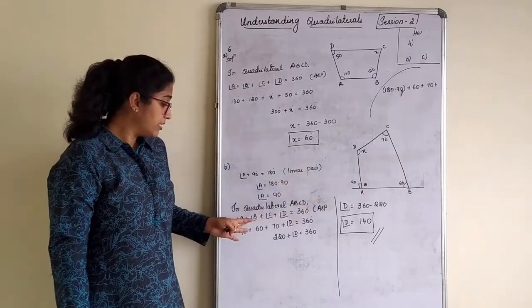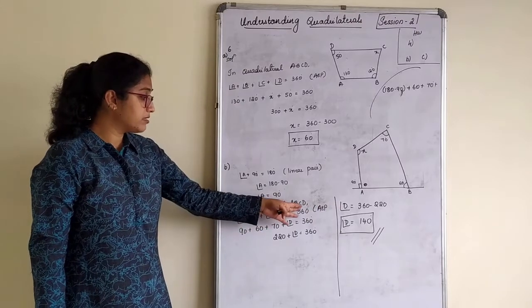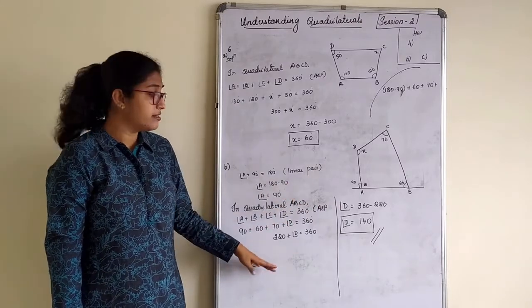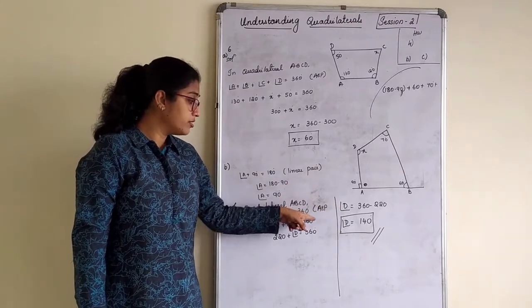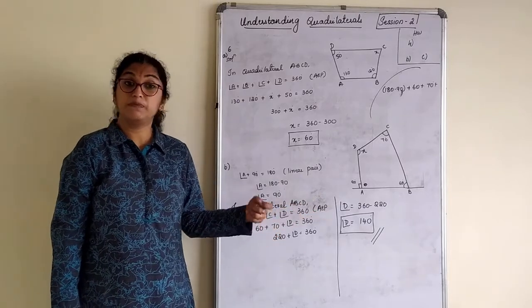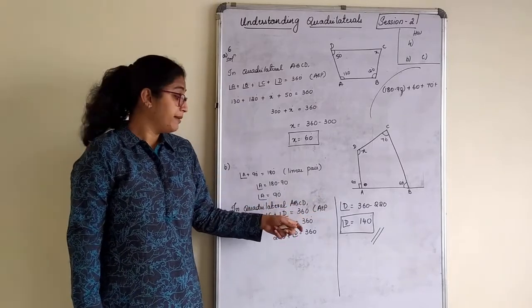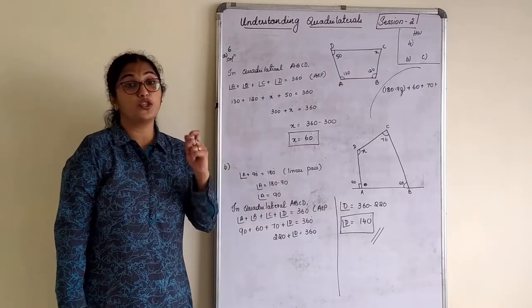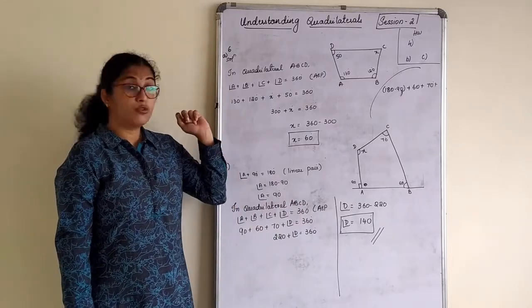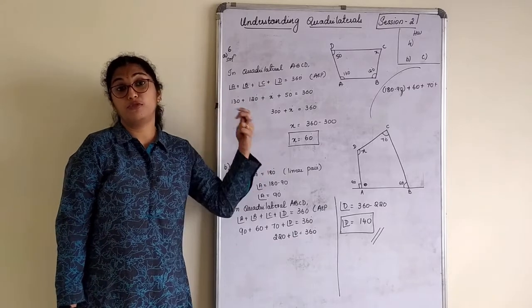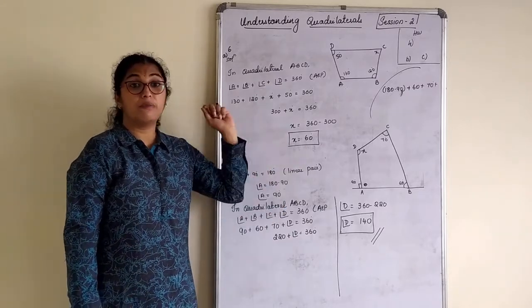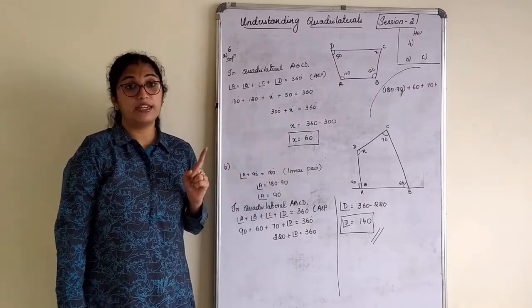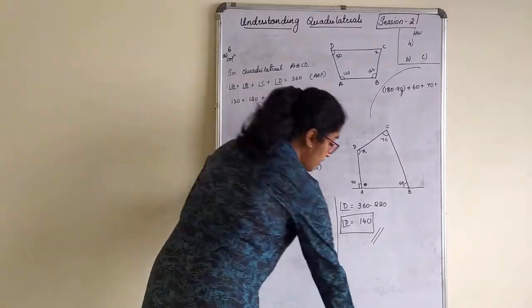If you say that angle A plus B plus C plus D is 360 and you have written everything, the answer is right, but you have forgotten to write the angle sum property, I'll deduct half a mark. Why? Because how do you say that it is 360? On what basis? A proof should always be written when you write geometry sums or when you try to prove any geometrical thing. A proof is a must. That you have to remember.